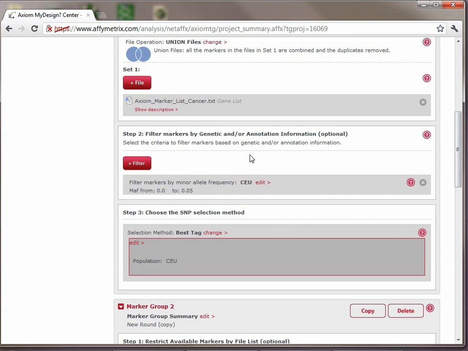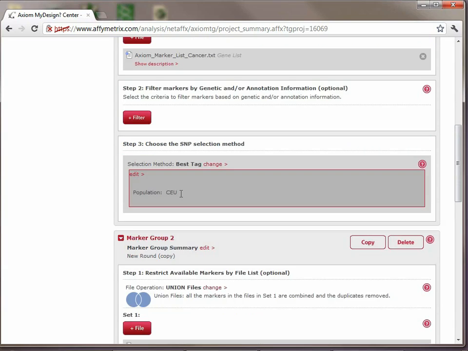Now in this case, we don't want to filter based on any specific criteria of the markers themselves, so delete that filter. And now we need to choose a SNP selection method. Well, we've got the most important ones covered for us already by having selected the best tag for the low minor allele frequencies and the non-synonymous ones, but we want to get general coverage of the rest. Because we're right now a little concerned about space on the array, and we don't absolutely care about every one of these single SNPs, I would suggest that in this case we'll change the best tag